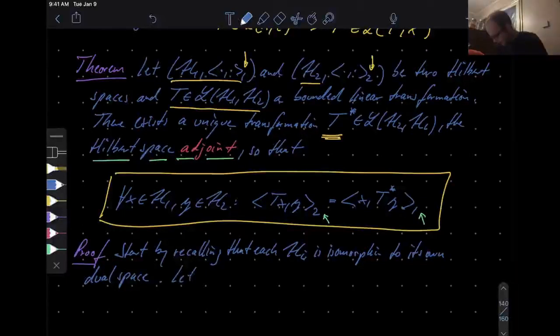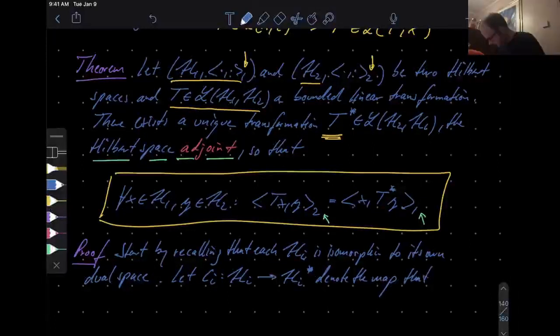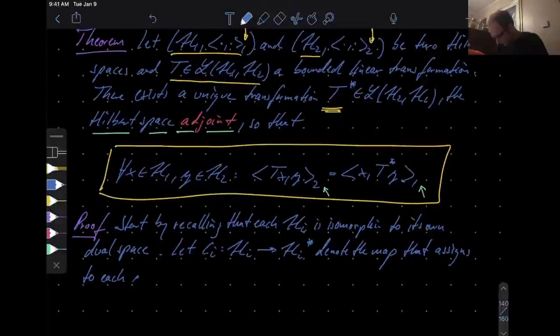So now let C sub i denote that map that sends a vector to that linear functional. Denote the map that assigns to each y in the ith Hilbert space the bounded linear functional,